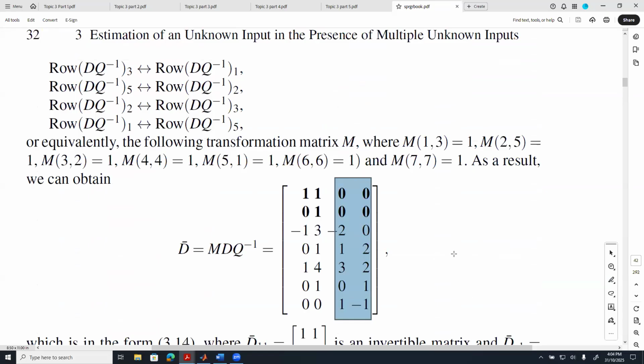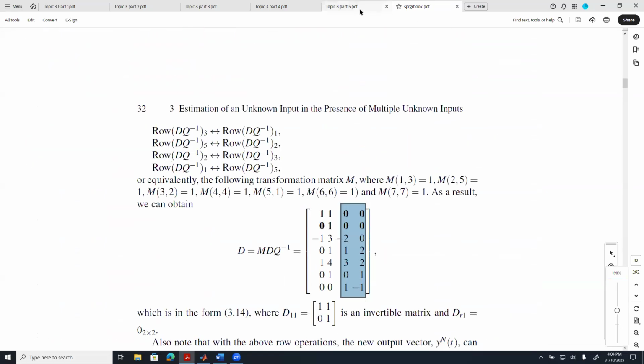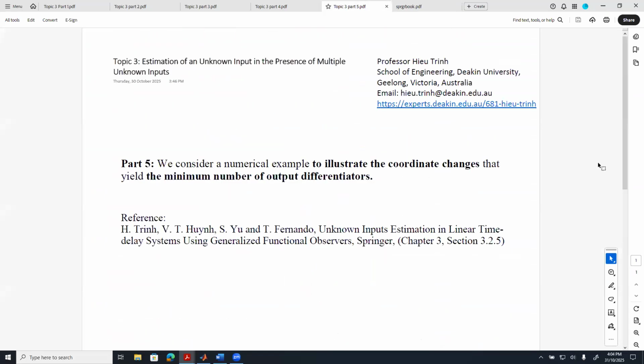Okay, so that's basically an illustrative example. In this illustrative example, we basically show that we can systematically do the coordinate changes and find the minimum number of output differentiators that we can use to estimate a targeted unknown input. And so that concludes the presentation